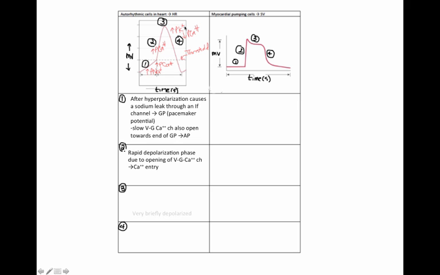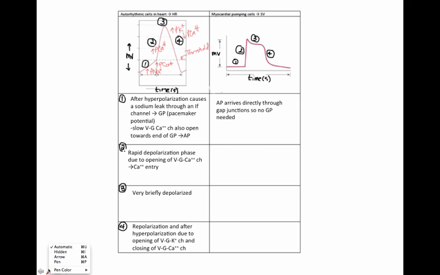So the repolarization and after hyperpolarization, so going a little bit lower, is due to the opening of voltage-gated potassium and closing of voltage-gated calcium channels. That after hyperpolarization is what causes the opening of those funny sodium channels in the first